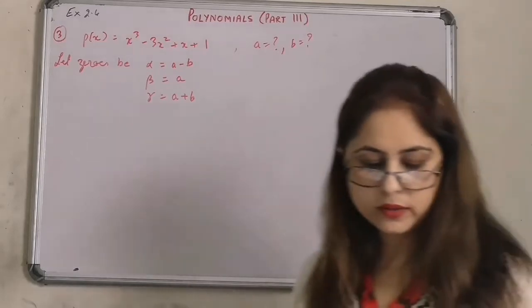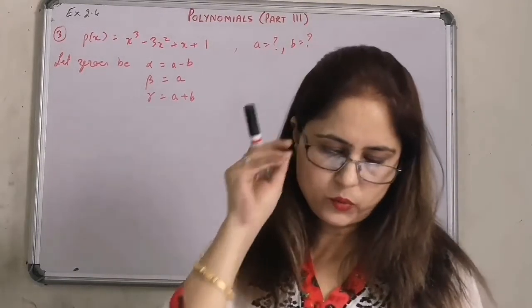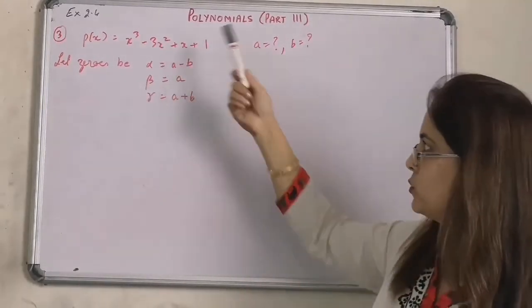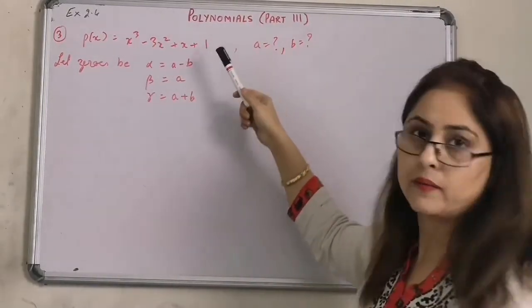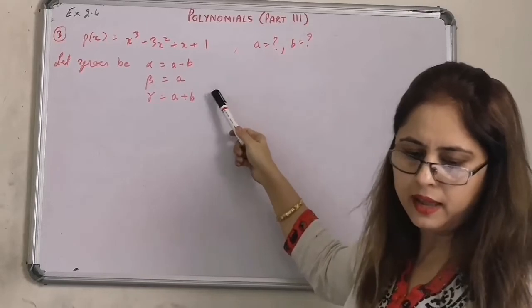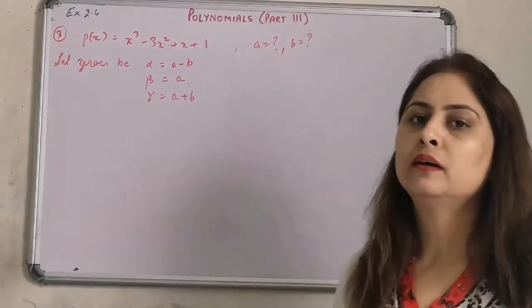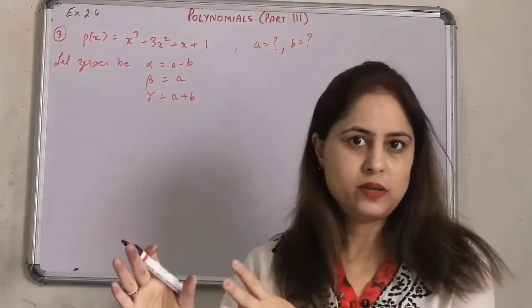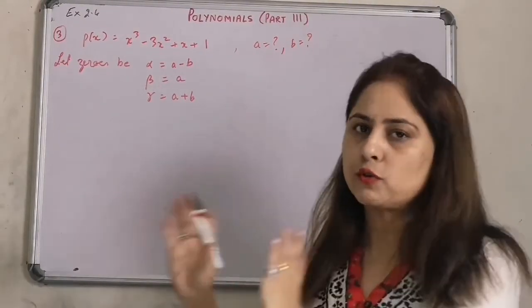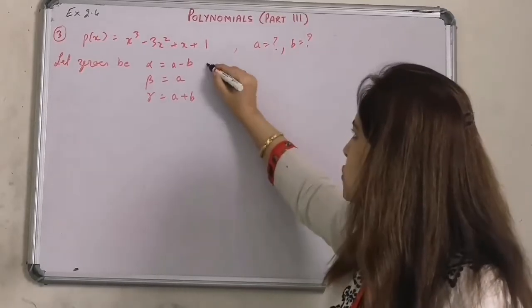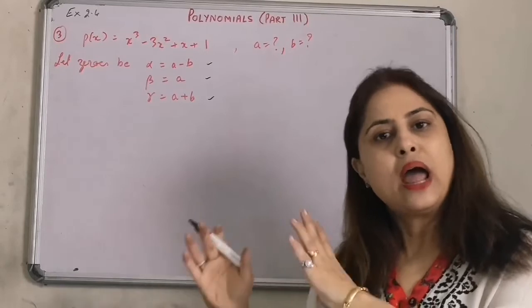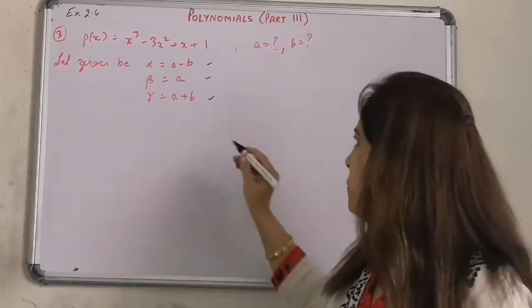Boys and girls, now we are on the third question of exercise 2.4 and the question reads, if the zeros of the polynomial x cube minus 3 x square plus x plus 1 are a minus b, a and a plus b, we have to find the value of a and b. Now look, we know the relationship between the zeros and the coefficients of the cubic polynomials, and such questions are usually answered by the relation of the sum of the zeros and the product of zeros. Now we know that